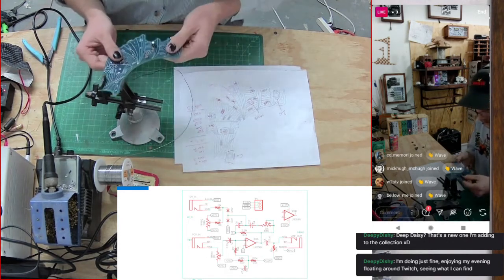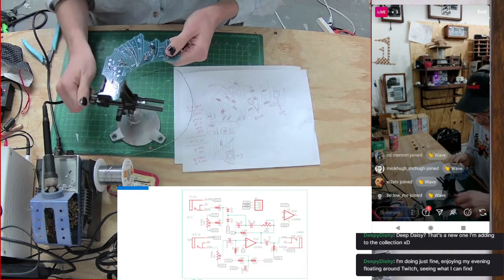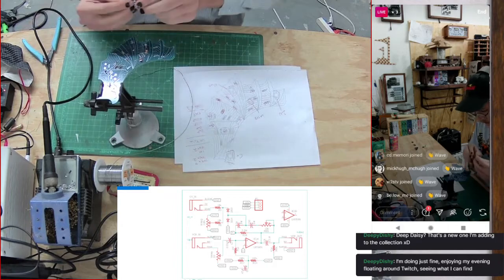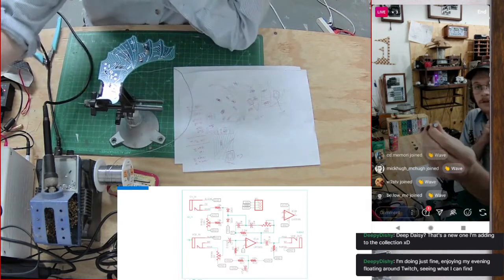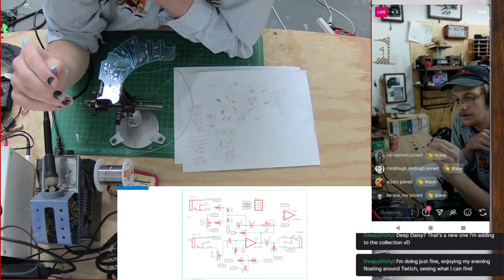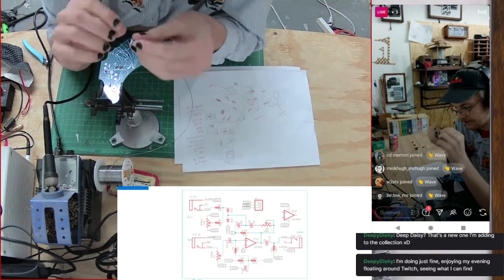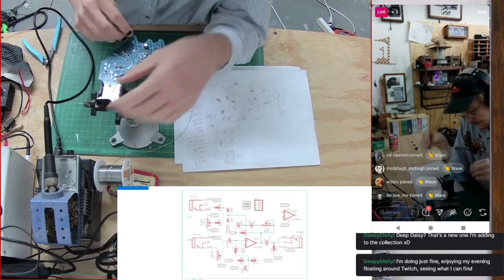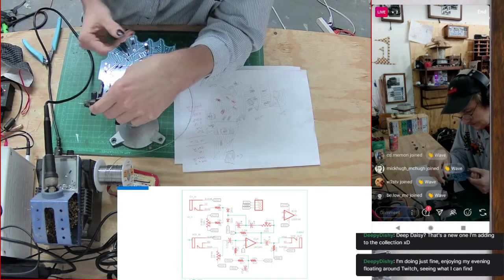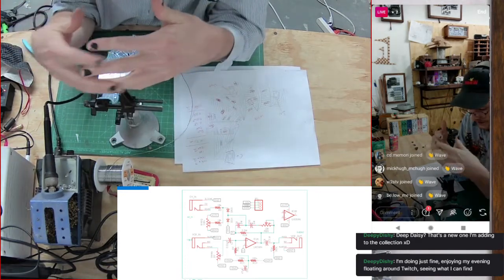So now that I've gotten those all soldered, I'm going to add my trim pot, which is just a variable resistor that is meant to be more of a fine-tune thing. And in this circuit, it's used to adjust the levels coming in, because the idea here is that there's going to be